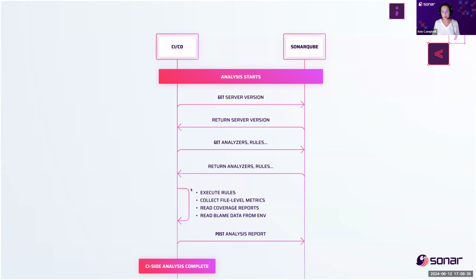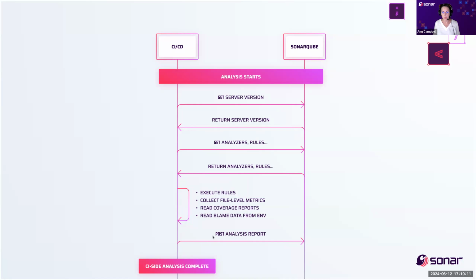And then locally on the CI side, the scanner is going to execute all the rules. It's going to examine every single file and collect the file level metrics such as lines of code, etc. It's going to read in those coverage reports, and it's going to read that blame data from the environment that we got with the checkout. So we use that blame data to understand which lines of which files are new, who issues should be assigned to, and so on. Once it has all of that data, it's going to bundle it up in a zip, and it's going to post that zip